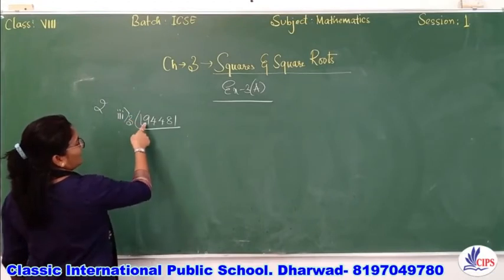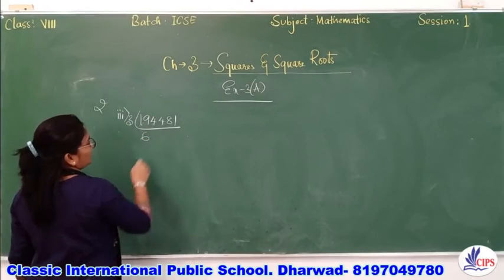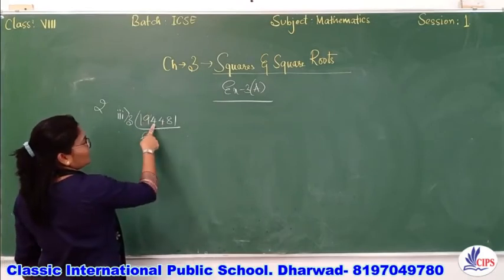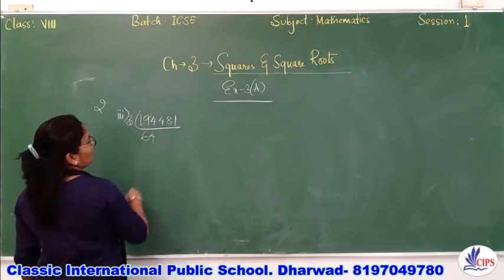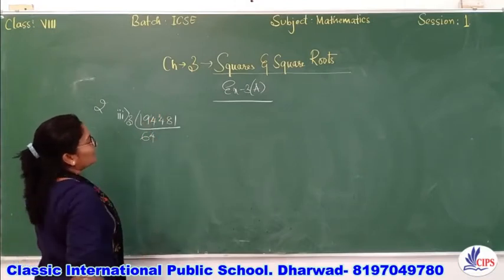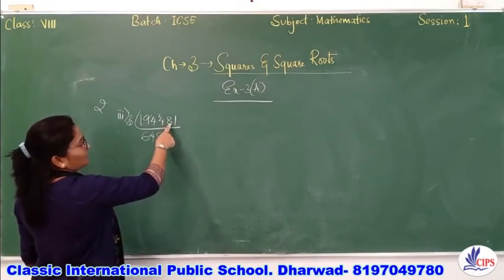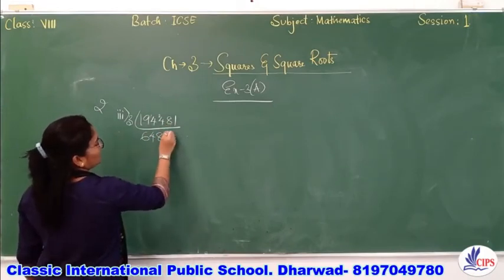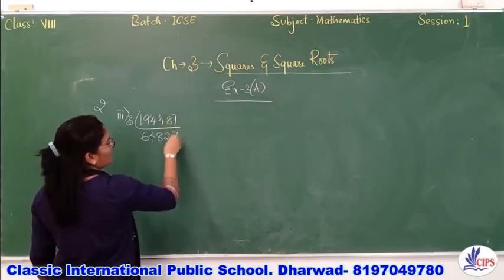So here we have got 19. 19 is not there in the 3 table, so we'll take 3 6s are 18. So 1 I carry here, we have 14. 14 is not there in the 3 table, so 3 4s are 12 I take. So 2 I carry here, again we have 3 8s are 24. Then we have got 8 here. Again 8 is not divisible by 3, so I take 3 2s are 6. And 2 if I carry it becomes 21. 3 7s is 21.